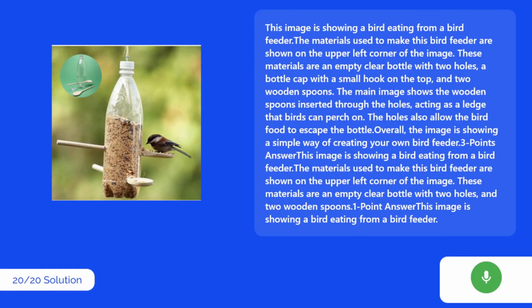This image is showing a bird eating from a bird feeder. The materials used to make this bird feeder are shown on the upper left corner of the image. These materials are an empty clear bottle with 2 holes, a bottle cap with a small hook on the top, and 2 wooden spoons. The main image shows the wooden spoons inserted through the holes, acting as a ledge that